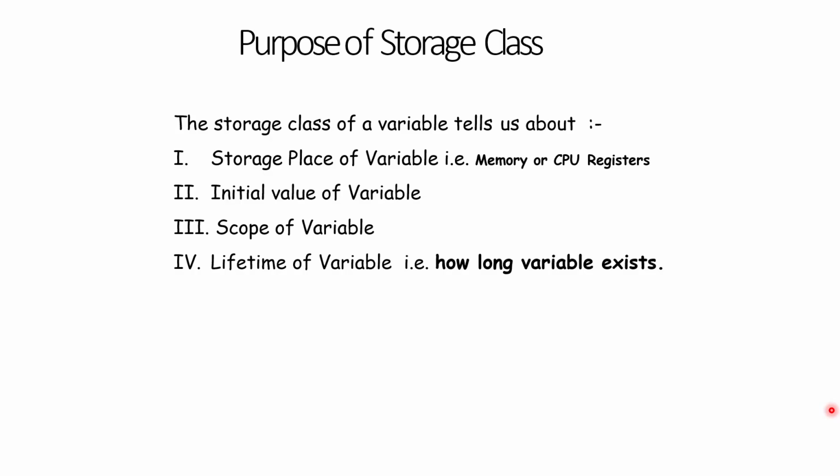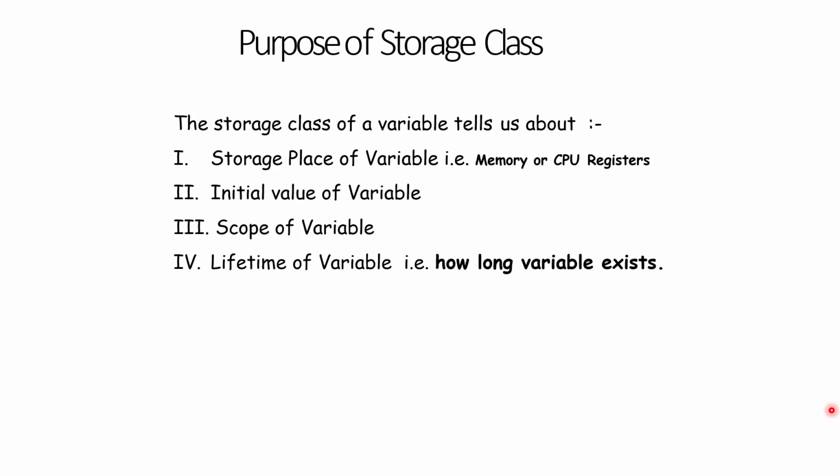We have different memory locations in our computer system. For example, your hard disk is a memory, your RAM is also a memory, and some high speed registers present within the processor are also memory. So naturally the question will come: in which particular memory is your variable going to be stored, and how can you fix that? That is what you can do by declaring the exact storage class of that variable.